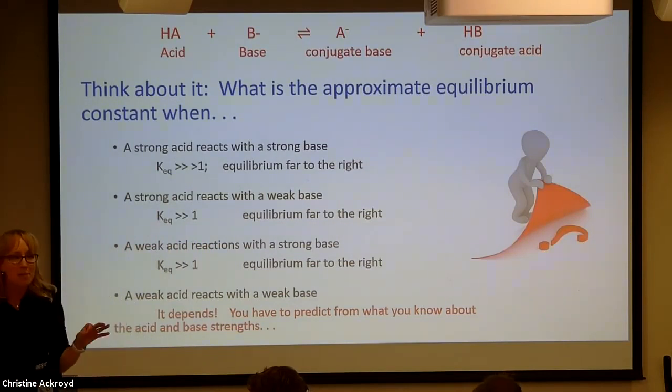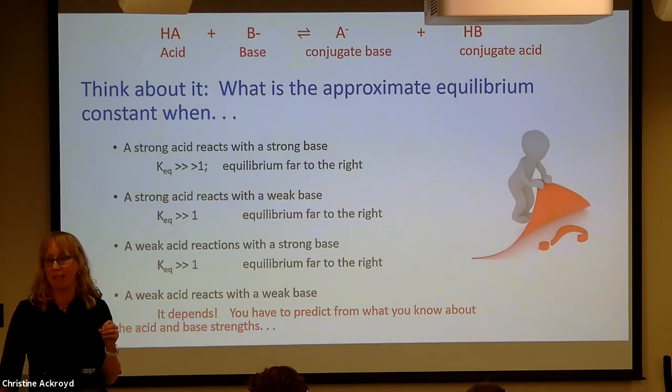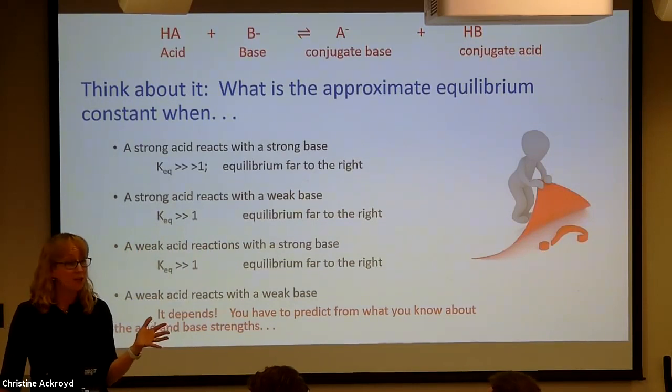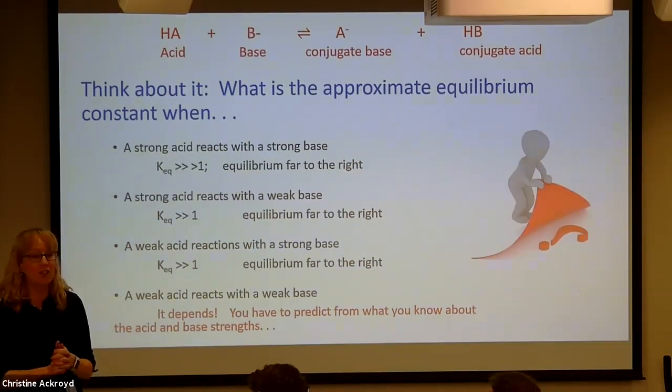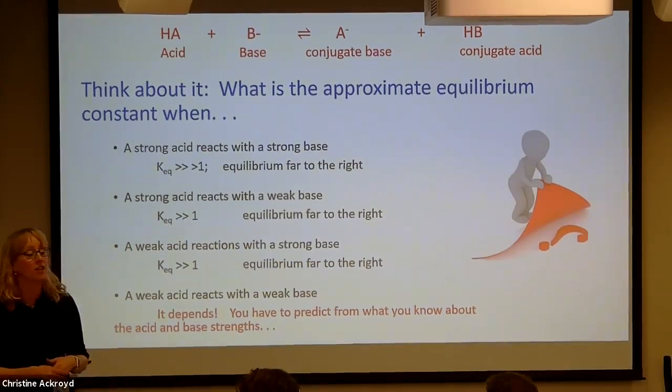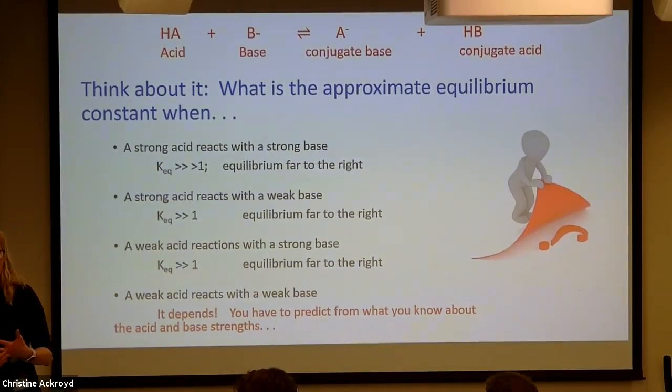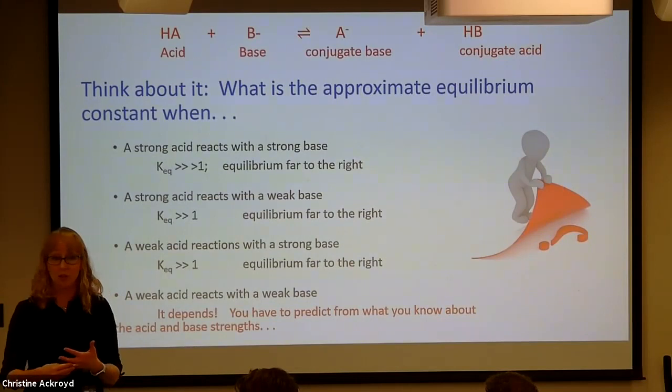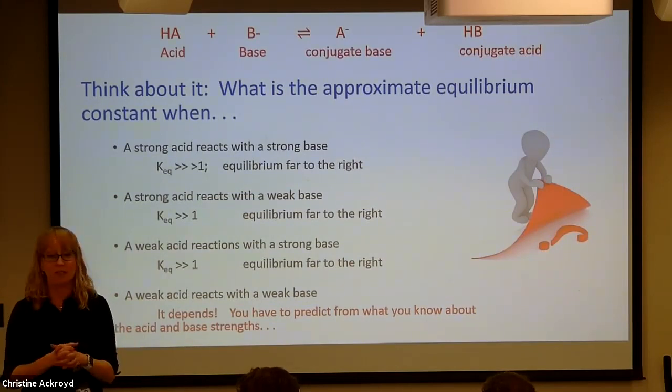So chemists use the terms strong and weak in really dumb ways. Okay, probably the textbook or somewhere that you read said the conjugate base of a strong acid is weak. Did you hear that? But you've also heard that the conjugate base of a weak acid is a weak base. You heard that too? I've heard both of those things.